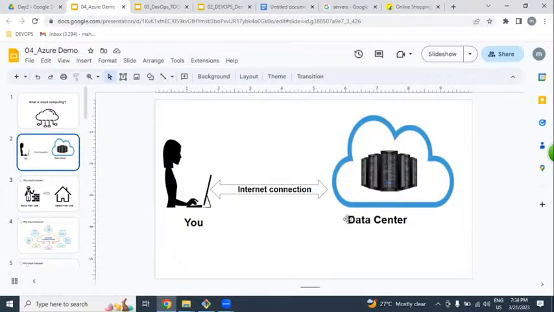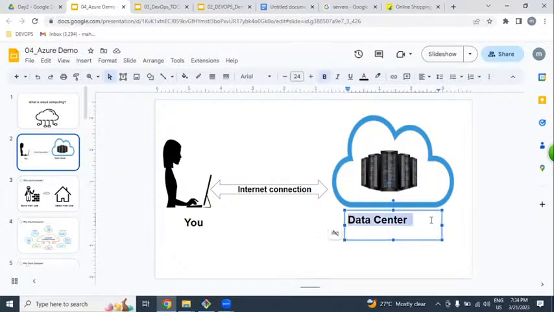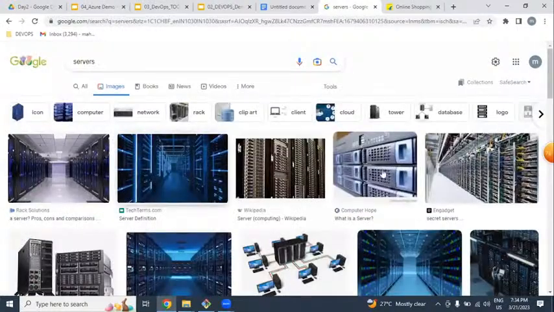First, let us try to understand what a data center is. The data center is the huge computing power kept in racks in a big room. We call that a data center. These data centers exist physically. We can see them, we can touch them, like our building.